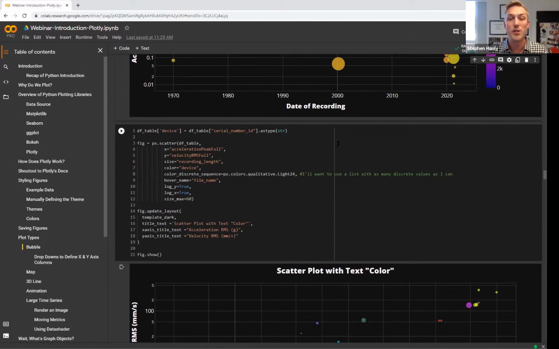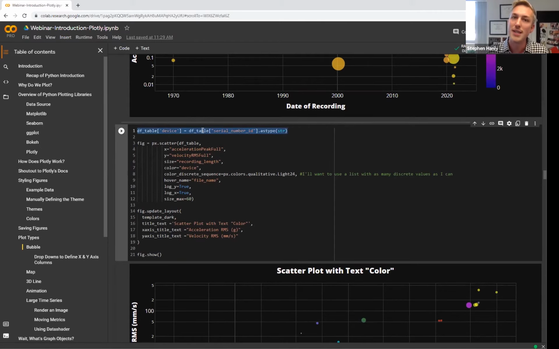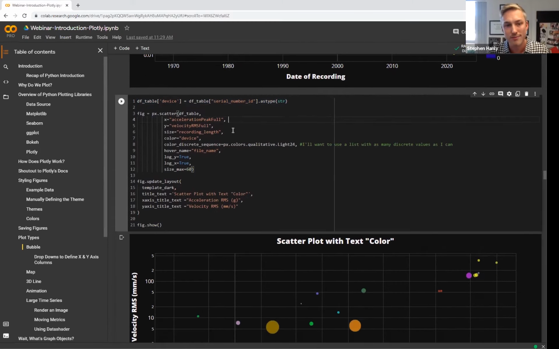And so in order to do that, I create a new column in my data frame, and I just make it as a string type, not a number. And I create a new figure. I decided to use different x-axis and y-axis coordinates, but here I say the color equals the column defined by device. I also here